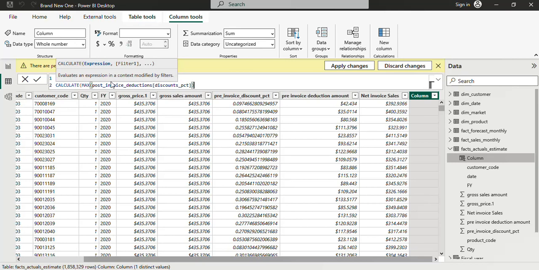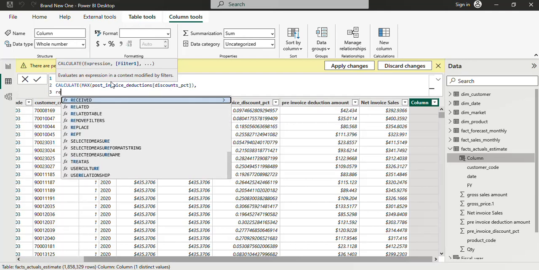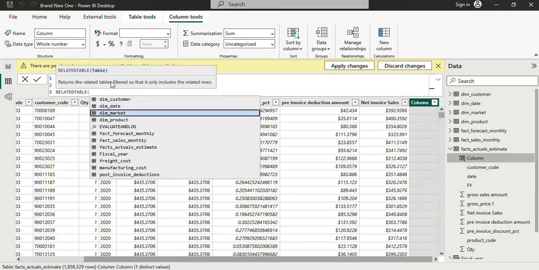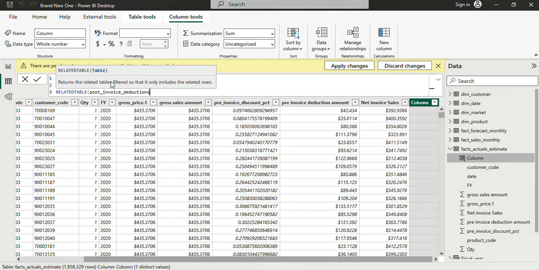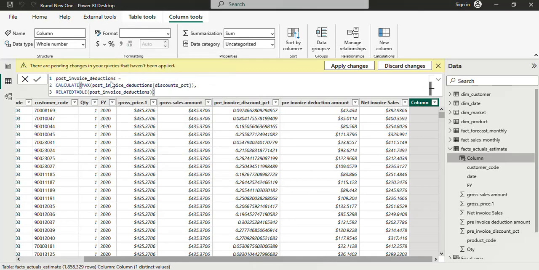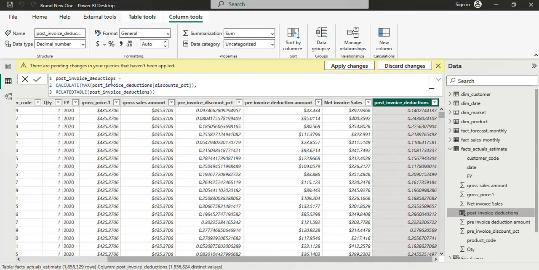So now say comma, then related table, and it's found here, manufacturing. No, that is post invoice deduction. Okay, then we'll close it and close it. Right. Press equal to. So let's wait for it to load. But remember, this is in percentage. We want an amount, right? So post invoice deduction amount,